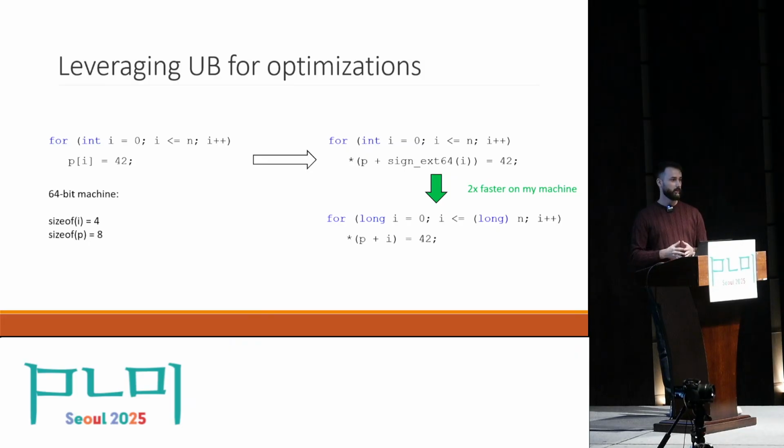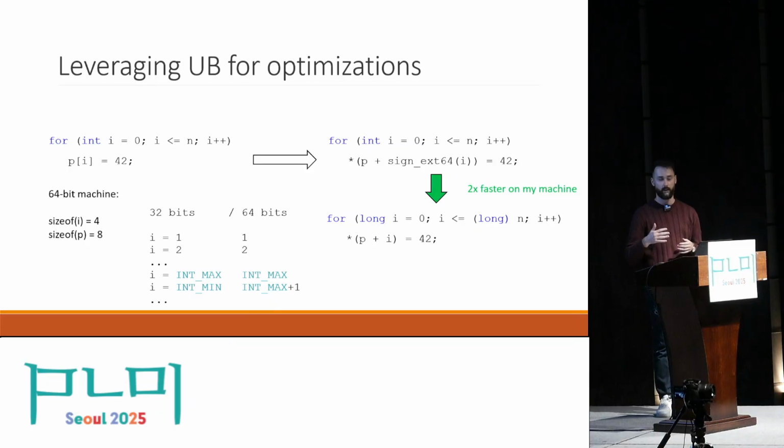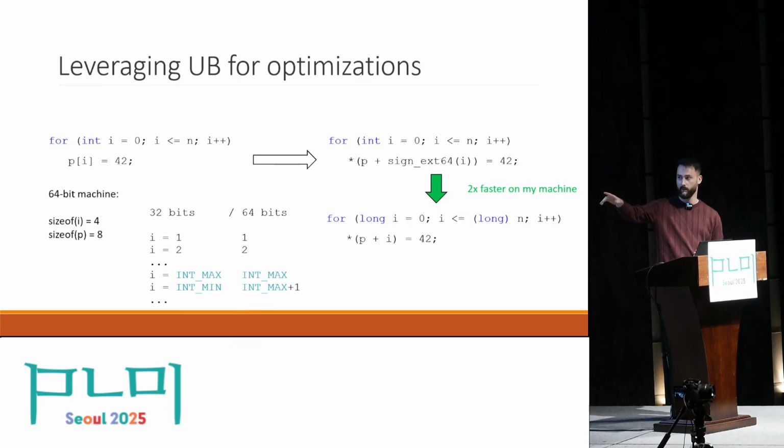So this simple optimization brings a 2x performance boost on a simple micro benchmark on my machine. But the key detail is that this optimization is only possible if signed integer overflow is undefined behavior. And to understand why, let us take a look at this sign extension table. Sign extension is only possible for values that do not overflow. As you can see, the final example is wrong. But since signed overflow is undefined, the compiler may assume that it never happens and the optimization becomes sound, allowing us to do the sign extension correctly.